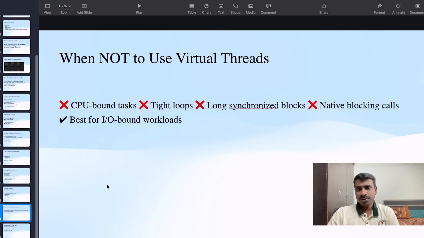When not to use virtual threads: for example, CPU bound tasks, tight loops, long synchronized blocks, native blocking calls. In these scenarios platform threads are still recommended. Virtual threads are best for IO bound workloads.